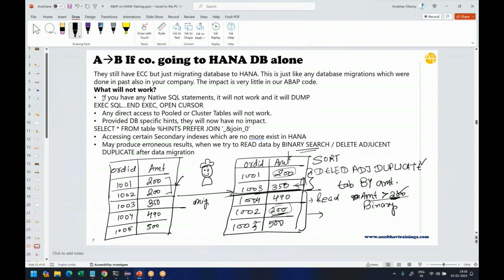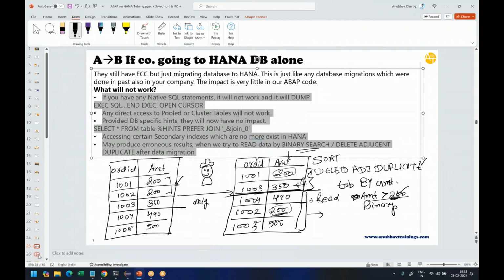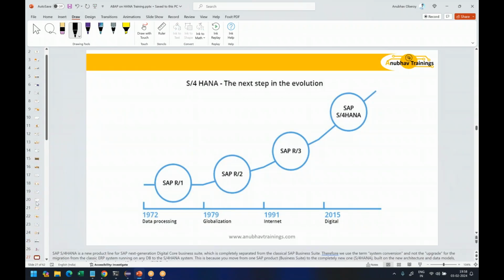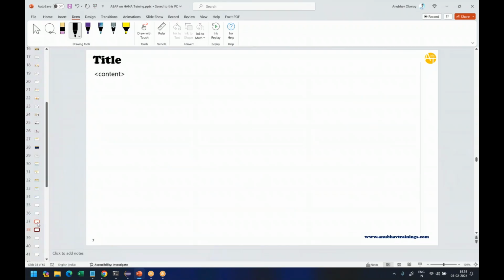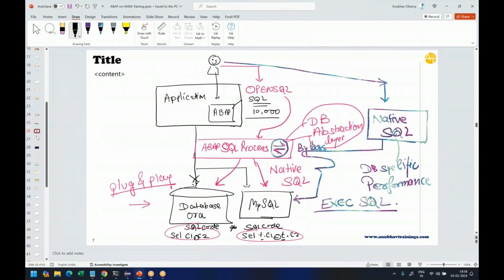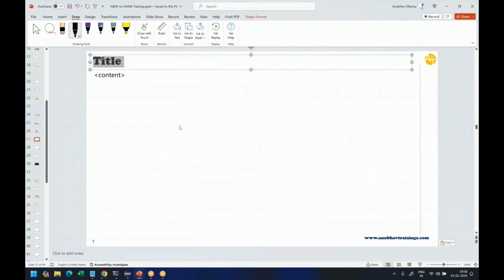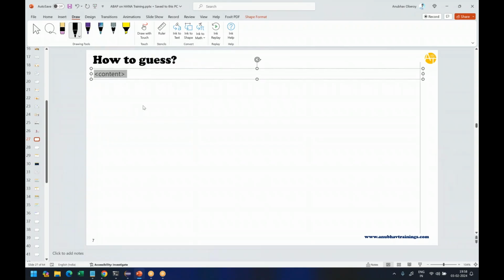Now the question comes: I know the secrets now, what will work and what will not work. Most importantly, Anubhav, now I know what will work in my company and what will not. The most important part now is for me to understand how to guess. So now you know what will work and what not. But in my company, over the last 10 years, we had developed